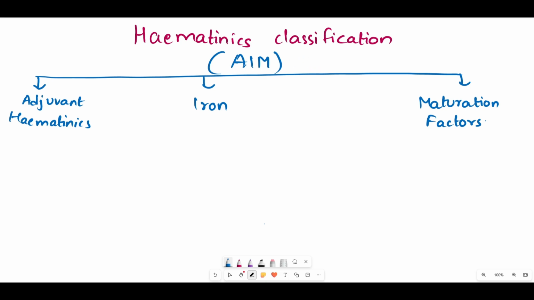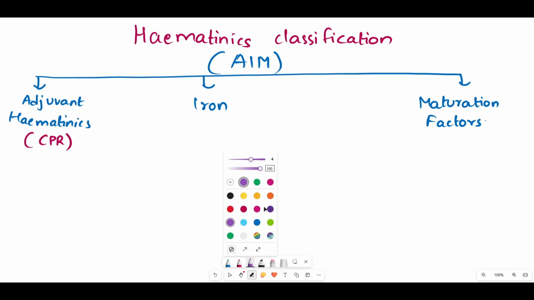To remember them, remember it as AIM, where A means it is adjuvant hematinics, I means it is iron, and M means it is maturation factors. So first one is adjuvant hematinics. So here, just remember one trick, that is CPR. So in the adjuvant hematinics, remember it as CPR, where C means it is copper,